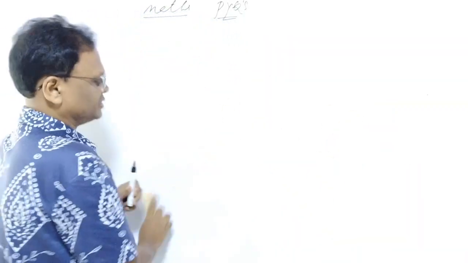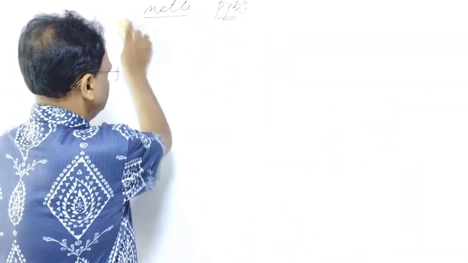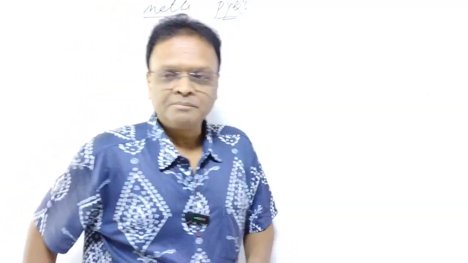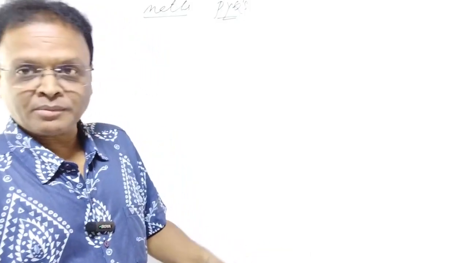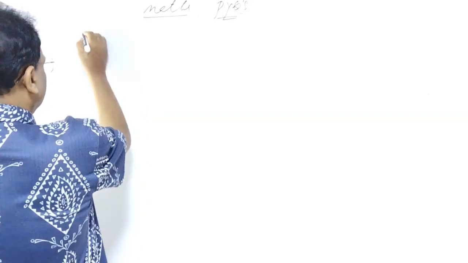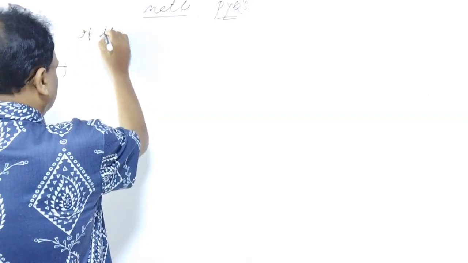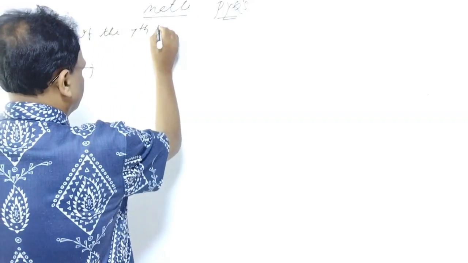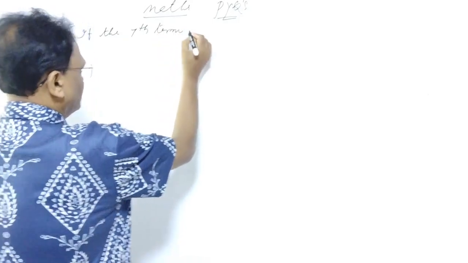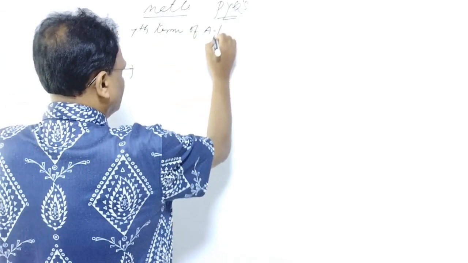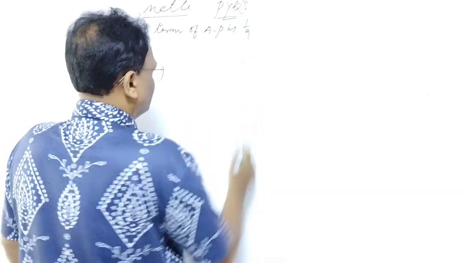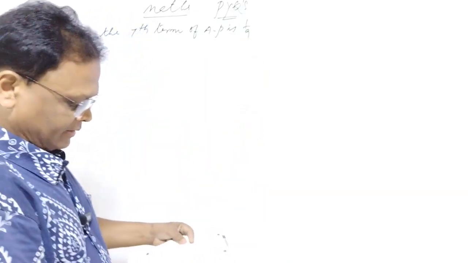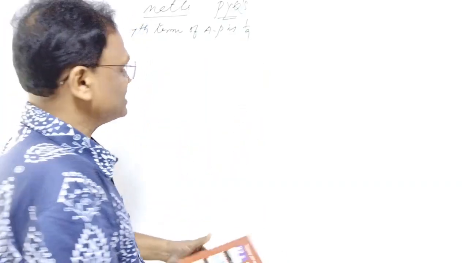Now, the second previous year question. Let's see what the second previous year's question is. First one is over. The second one is: if the seventh term of the AP is 1 by 9 and the ninth term is 1 by 7,